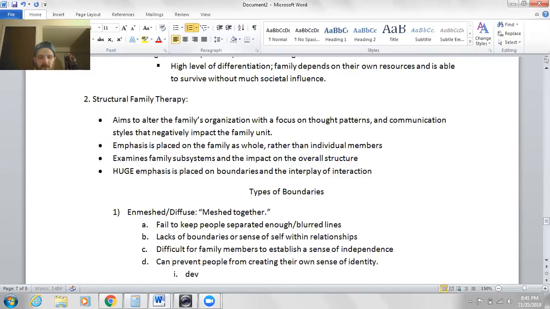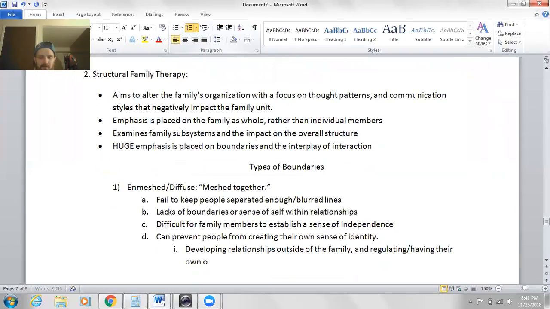which involves developing relationships outside of the family and regulating, having their own opinions and emotions. Because if you're enmeshed, you don't really have your own sense of what a norm is. You base it on what everyone else does. So what it looks like is a parent can